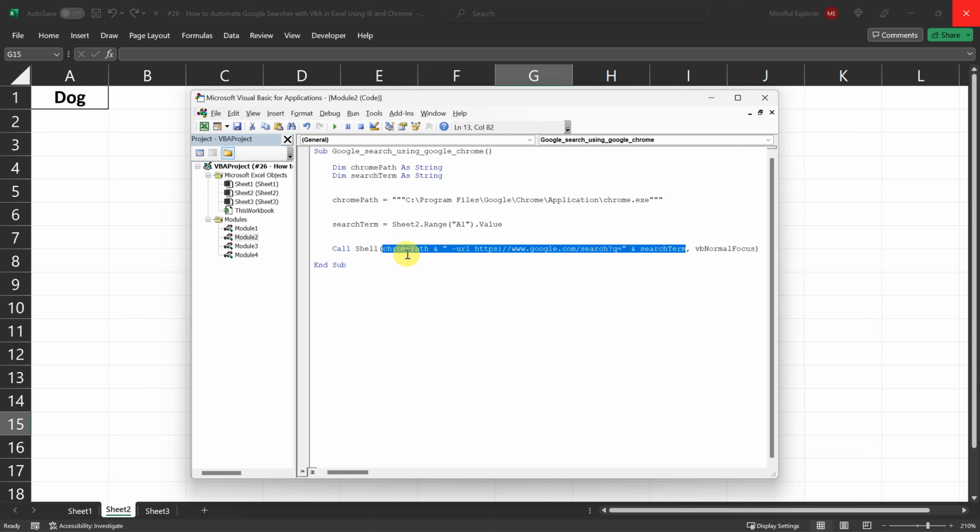Here, Chrome path contains the path to the Chrome application on your computer, and search term is the query we want to search for. These two are combined with additional command line options to create a complete command. The second parameter, vbNormalFocus, sets the window state to normal and gives it focus. This means the Google Chrome window will appear in a standard window size, and it will be the active window